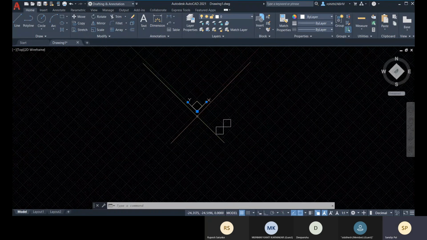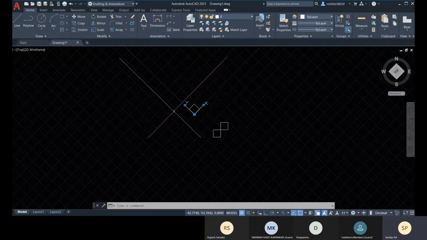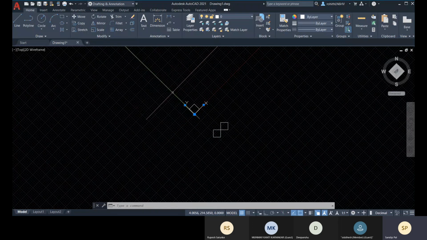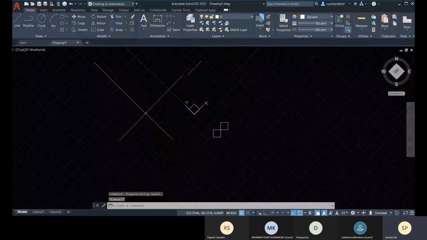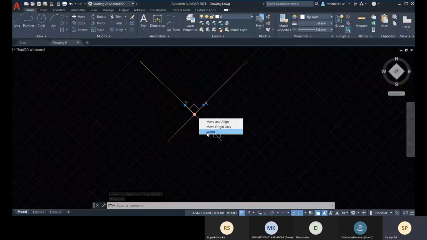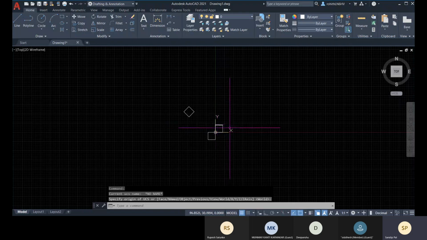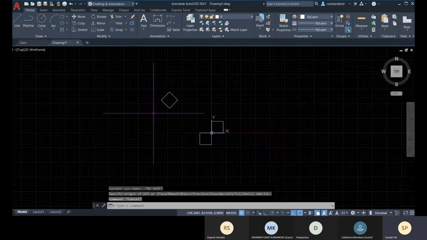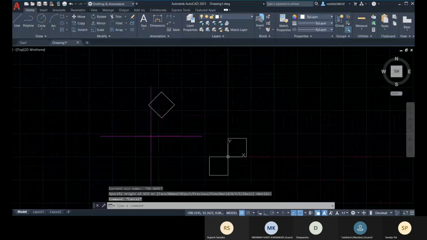Okay, it will align back to the WCS. Now you also notice one thing, that your crosshair is changed also as per the UCS, right? Now let me get back my WCS, the world coordinate system. Okay, that's what you have drawn.